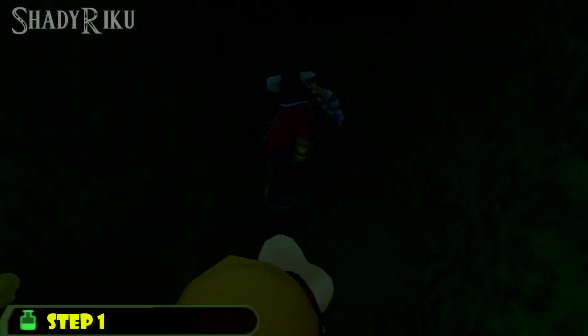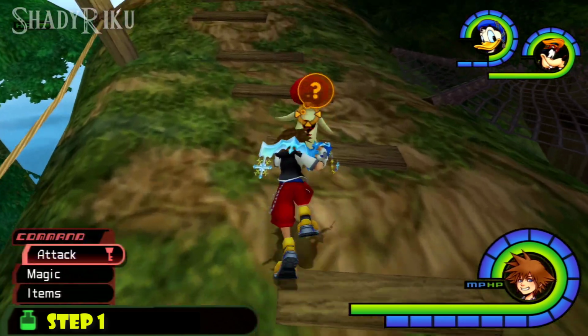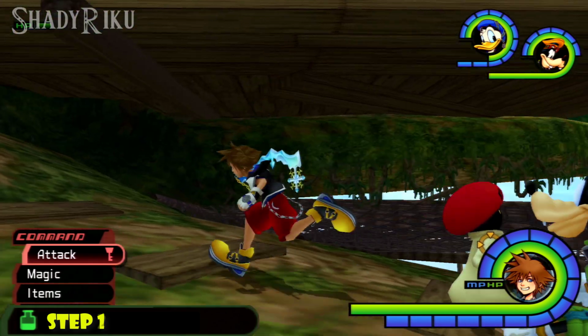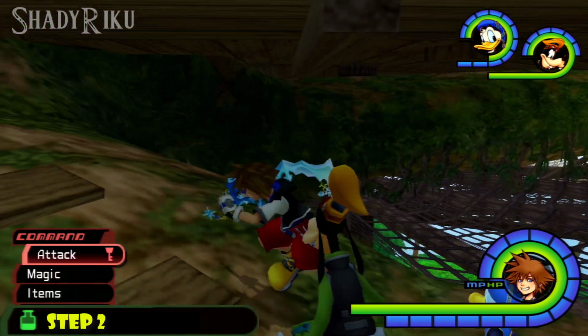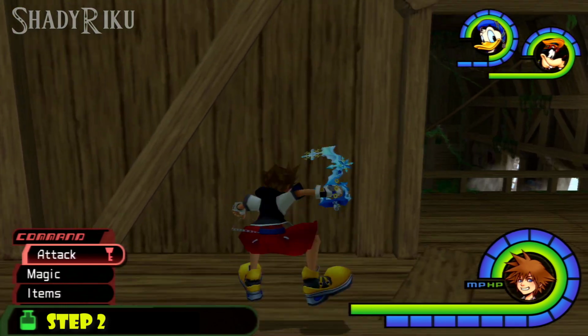So the first step is to continue to enter and exit the treehouse area until you see the white mushroom at the entrance. Do not cast stop on this white mushroom yet, this is very important, just continue on to step 2. The second step is locating the other 2 white mushrooms to cast stop on them. They can appear in any of the following areas: